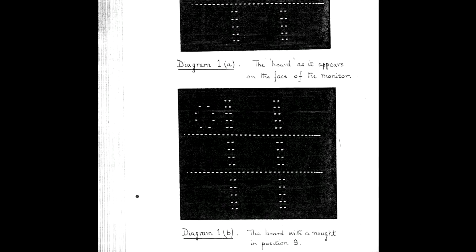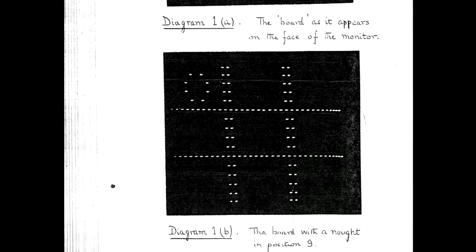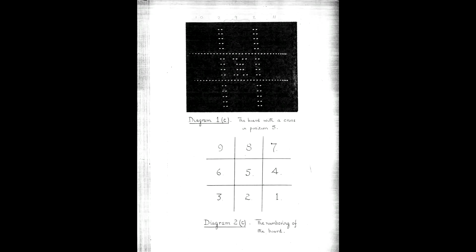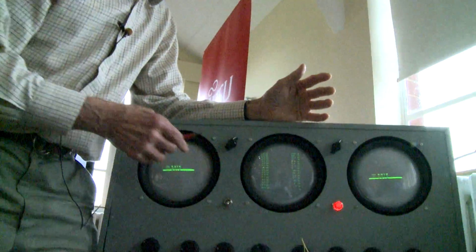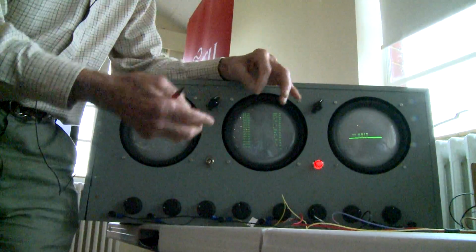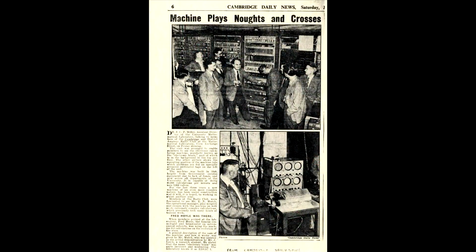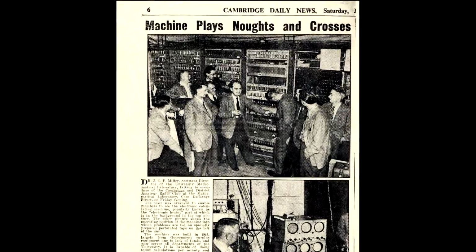In a way, it's a bit like a display screen of a modern computer. He could set an image, a very crude image on here, showing the playing area of a noughts and crosses game, the 9 cells and the vertical and cross lines, and either zeros or crosses in the 9 cells. And by suitable programming, he could make it show the image and show how the game was progressing with the noughts and the crosses being gradually put into the playing area. The press trumpeted this seemingly trivial use of EDSAC, but as it turned out, maybe they were right. It was one of the world's first video games,